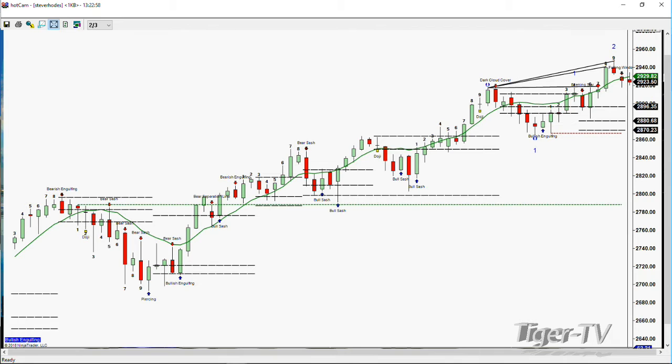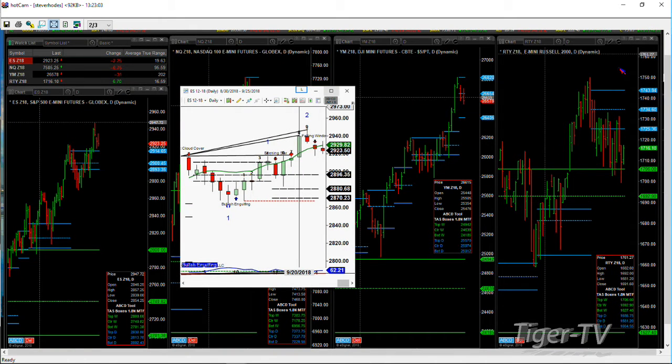It's very close to the bottom of the TAS market profile on the NinjaTrader system. So it's in that 28.70 type area. Now, all that being said,